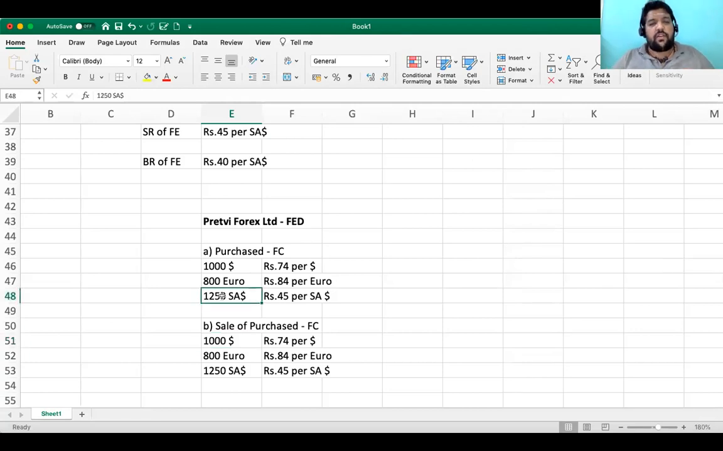Now, we were discussing the purchase of foreign currency. We are done with purchase of foreign currency. We have started with sale of foreign currency. As far as sale of foreign currency is concerned,